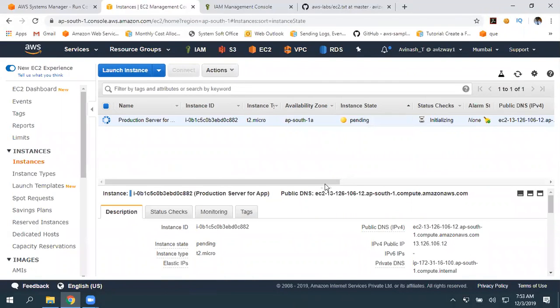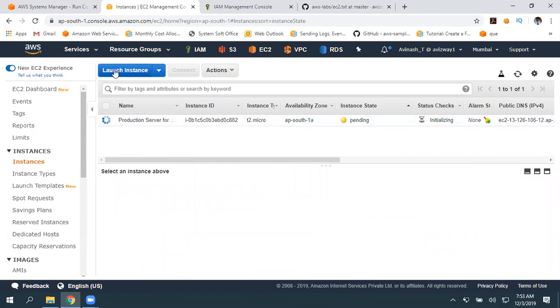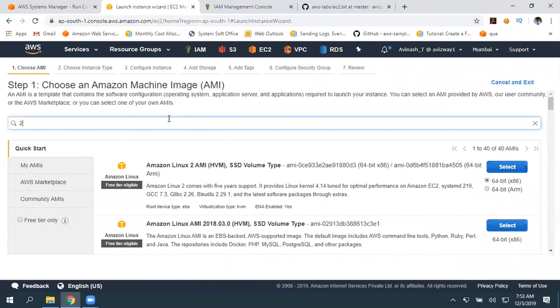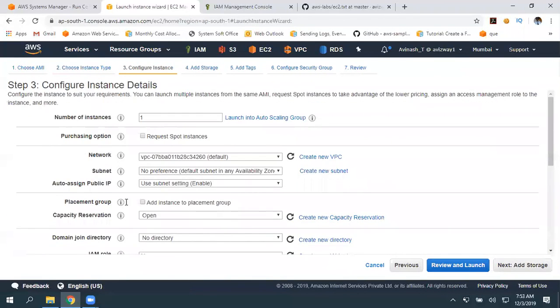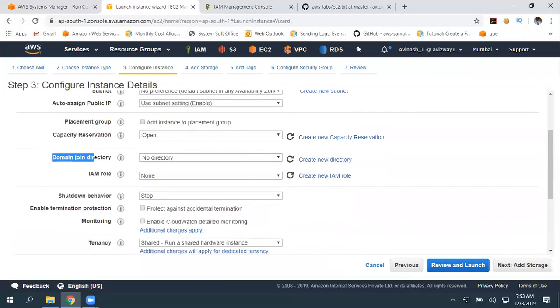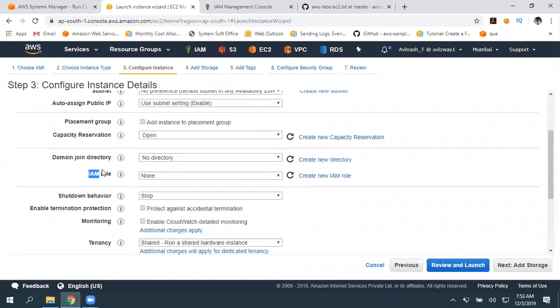Right? So that's the first thing. Second, I'm going to launch a Windows machine. Click on launch instance. 2012 R2 base, T2 micro. I talked about joining the domain automatically. If you have any domain, you can simply select the domain here, but make sure you associate this IAM role. If you don't attach that IAM role, it is not going to join automatically. For Windows, we have this. So click here, and I'm going to select SSM full access.